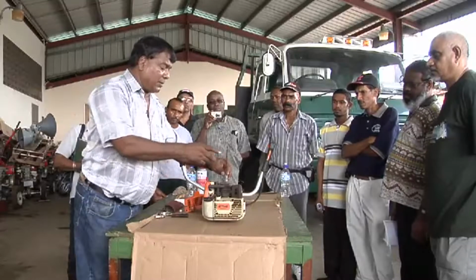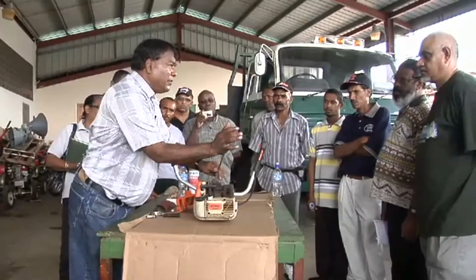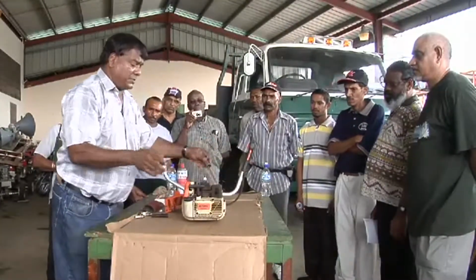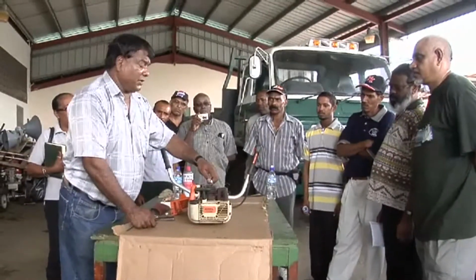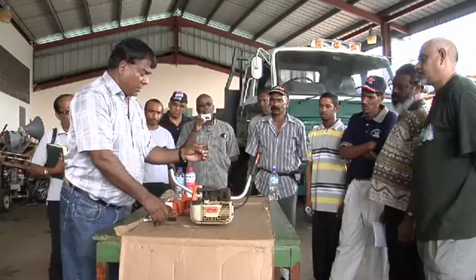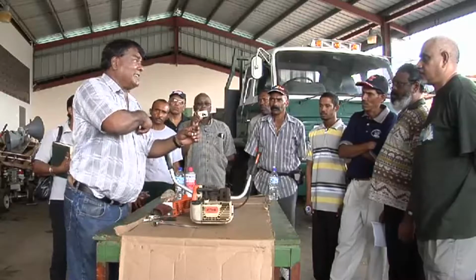We install the spark plug spanner, making sure that it is the correct spanner. The technique I use is the palm of my hand, and with a tap, you break the spark plug loose. If it can be removed with your hands, remove it with your hand. If it's a little bit stiff, use the spanner. Remove the spark plug. First thing you do when you remove the spark plug, you want to examine it,